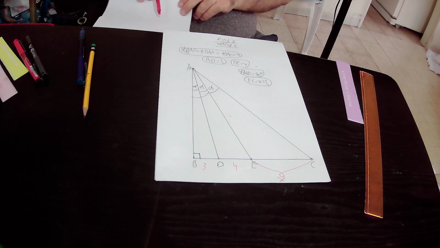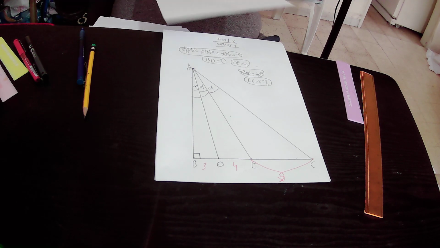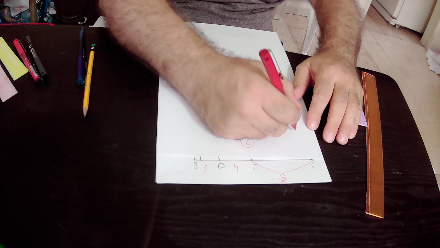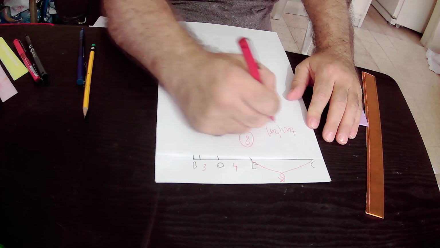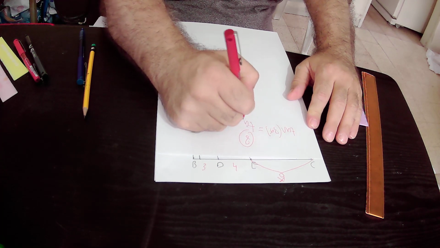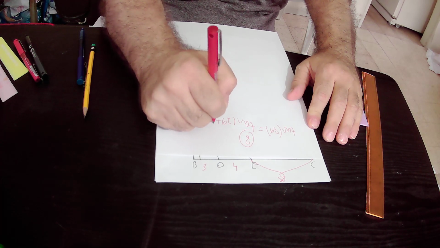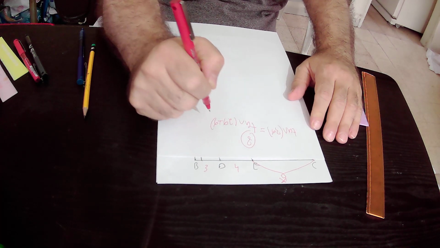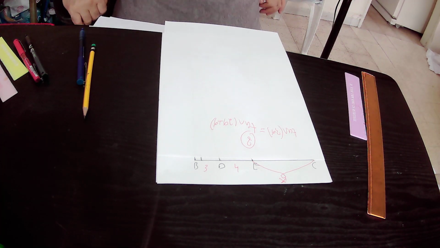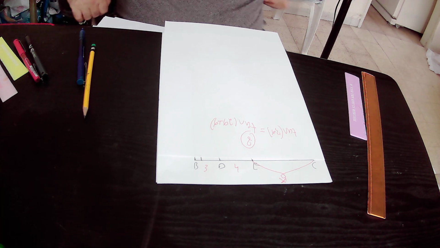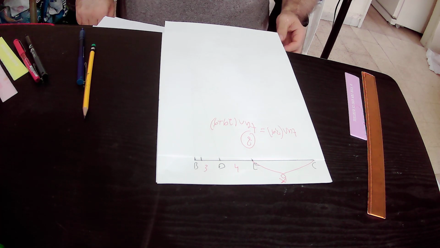But we also know that tangent 3 alpha equals tangent of 2 alpha plus alpha. And in order to find out the value of tangent of 2 alpha plus alpha, I will present to you